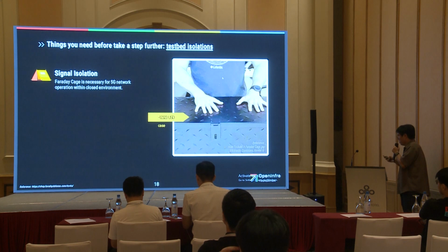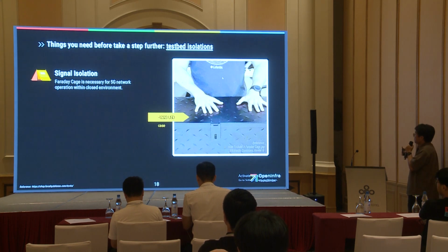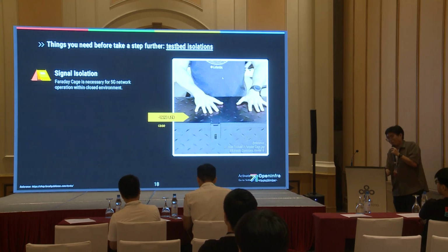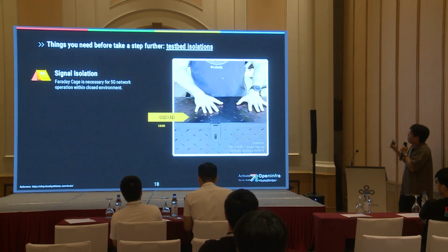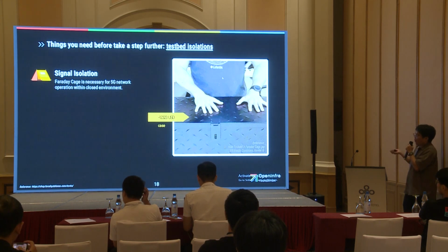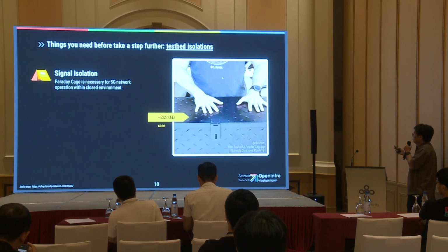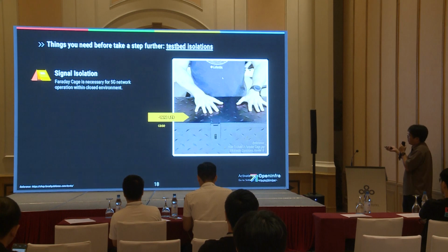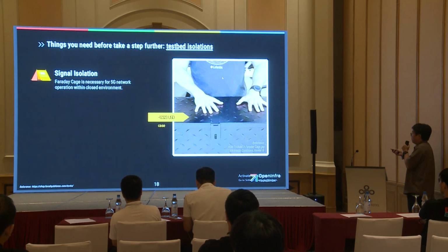The next thing you have to do if you want to go for a customized 5G network is signal isolation. If you don't get the permits to run your 5G spectrum, you have to keep all the signal within a closed environment, or you could be sued or fined. We are currently using a Faraday cage tent, but you can still use a cage or something like that, to keep every 5G signal within the cage. Every experiment has been done within the cage before you apply for the real document for operation.